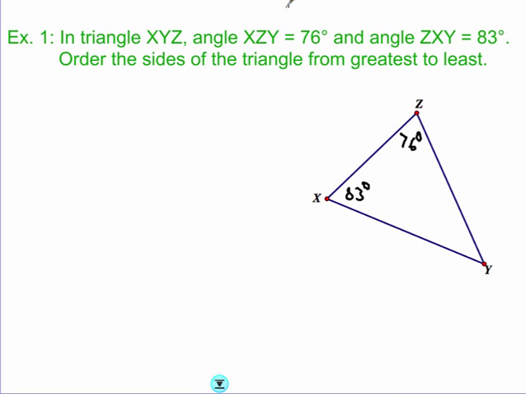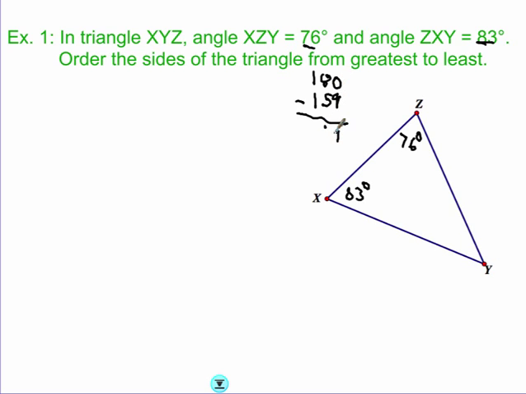And I'm asked to order the sides of the triangle from greatest to least. But I'm only given two of my angles. Well, that's no problem. We know that the angles of a triangle all have to add up to 180. So if I add these two together, 83 and 76, that gives me 159 degrees. 180 minus 159 gives me